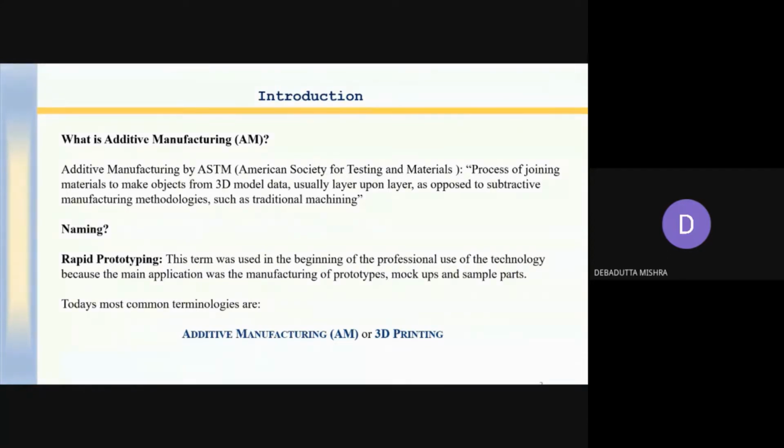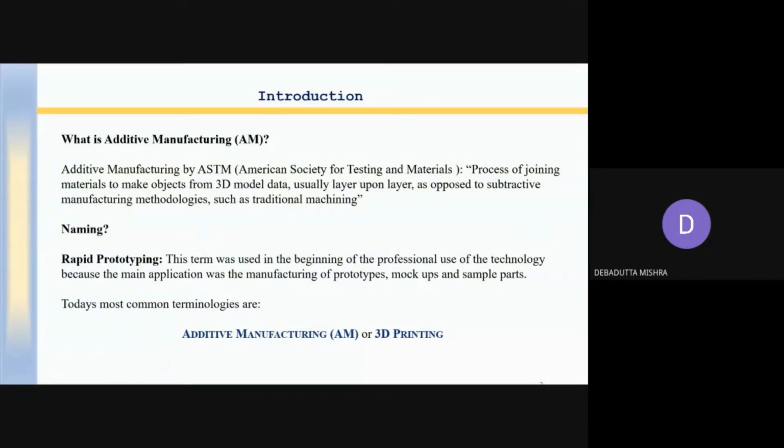The material is being added rather than subtracted, as in conventional machining using a lathe, shaping machine, laser machining or electrochemical machining. You remove material there; here you add the material. That is why the name is additive manufacturing.